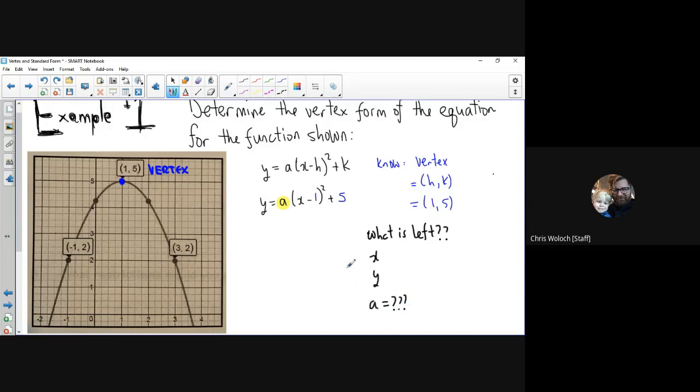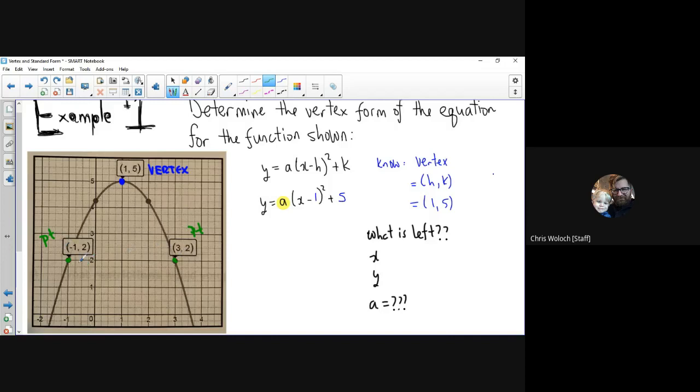Hopefully this triggers some memory from grade 10, where when you need to find the equation of a quadratic, generally you're given every piece of information except the a value, and you have to get it through algebra. So I don't know what a is, which means I must know an x and a y. And if you look at the picture, I'm given 2 points. Here is a point, and here is a point. And that is good because